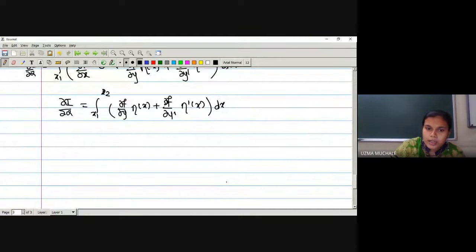Now, what is our aim? We have to keep the first derivative equal to 0. Then we can have the extremum. So now I can write this value equal to 0, which means what?